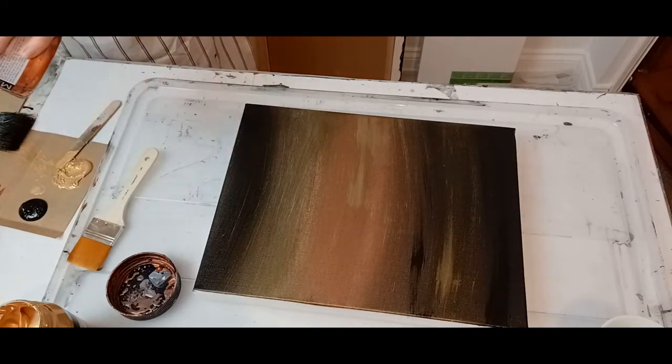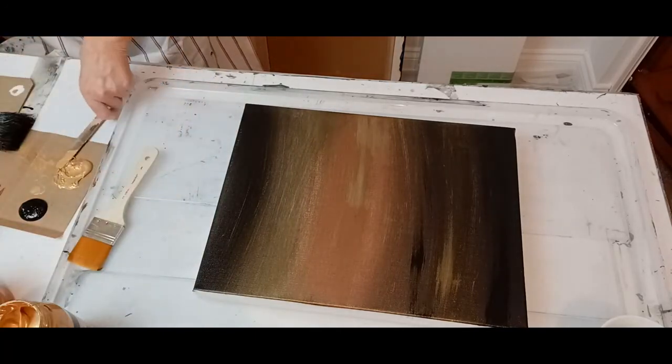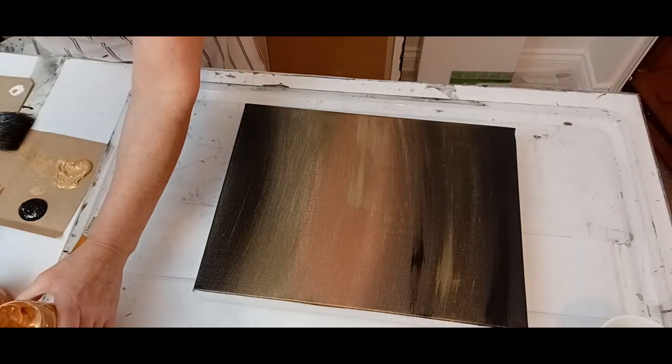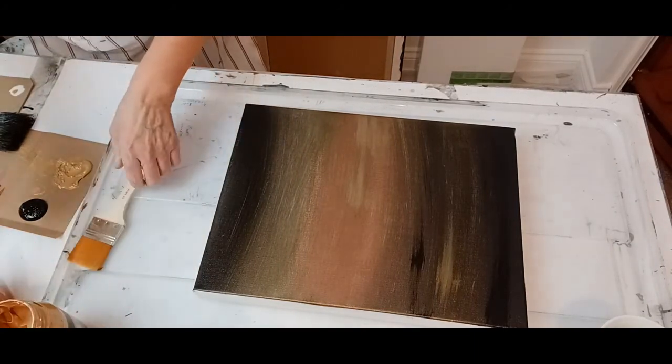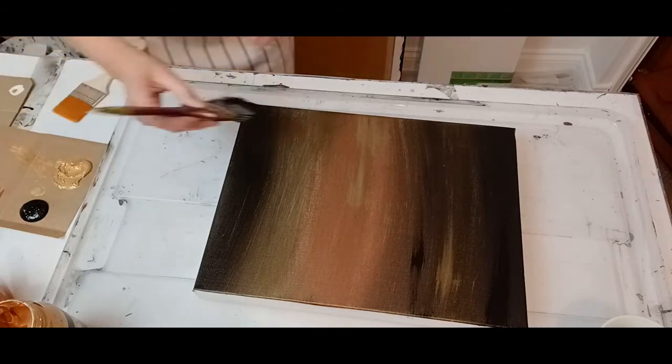If you want, as you can see there, there are truly different layers. If you want that effect, let each layer that you put on dry before you add the layer on top of it to get this sort of patch almost effect. And like I said,